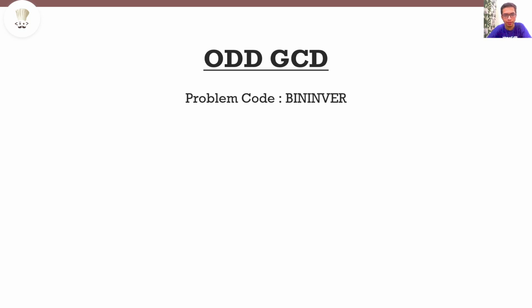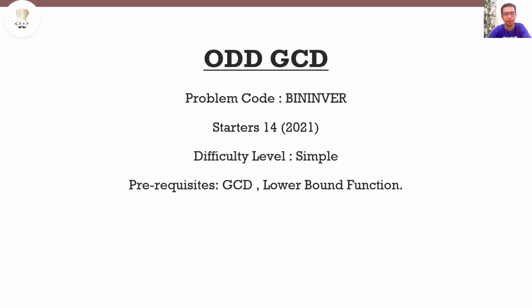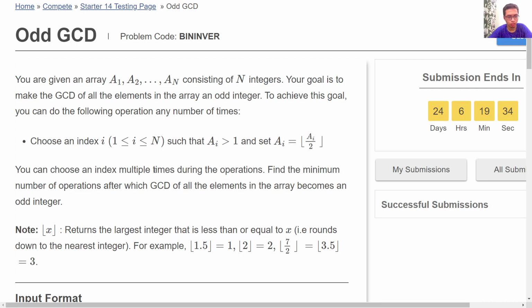In this video, I'll be explaining this problem called Odd GCD, which appeared in Starters 14 2021. The difficulty level of this problem is simple, and the prerequisites are GCD and the lower bound function. So the problem statement says that we are given an array of n integers,